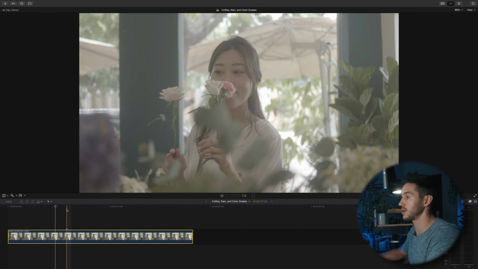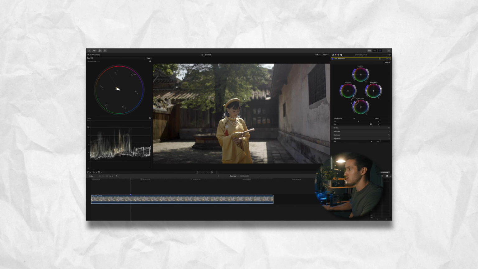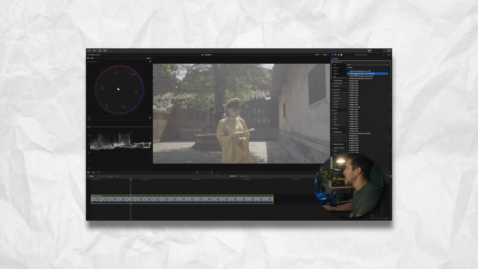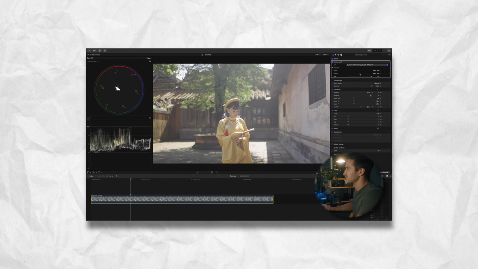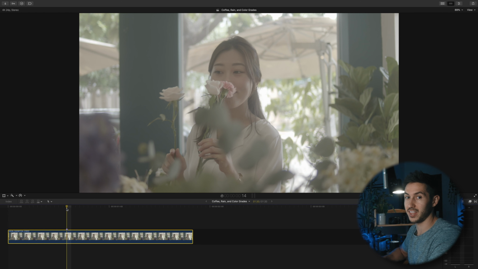We talked about last time how there are two ways that you can convert this to a Rec. 709 color space. I showed you how to add contrast and saturation by just using the color wheels, and then I also showed you how to add a custom LUT based on the camera that you shot the log footage with. However, there is another way that I just learned, which maybe you already know, that is pretty easy, but